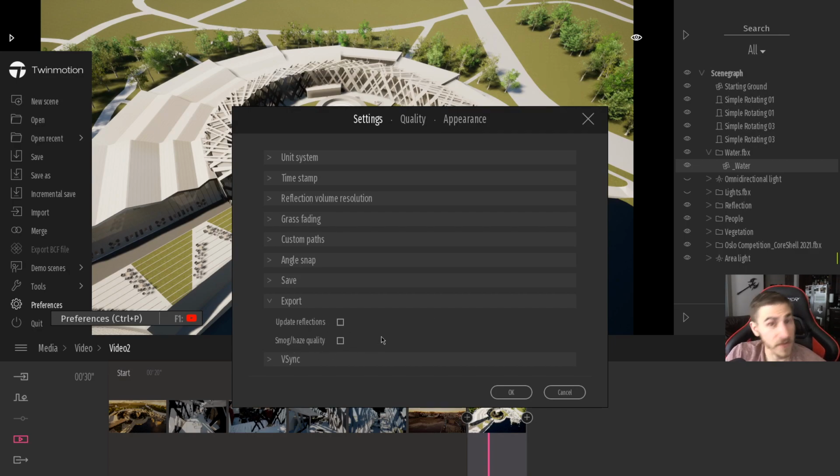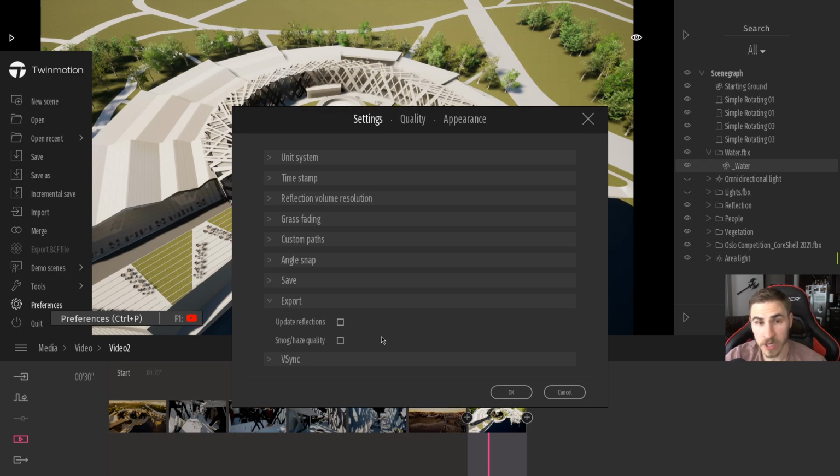Now, update reflections, if you're using reflection probes, which I highly recommend that you do, if you're familiar with them and have used them, the way they work is that you're going to have to update what they're reflecting. If you've made any settings to them, you're going to need to update them. If you've made other effects, change the time of day, anything like that, you need to update them because they're static. They are not something that is changing all the time.